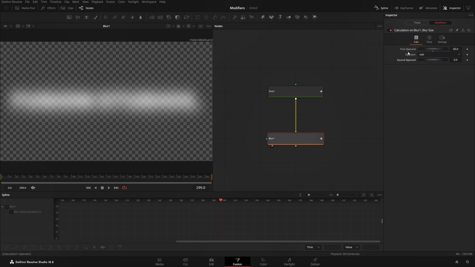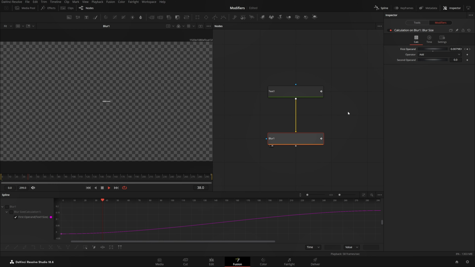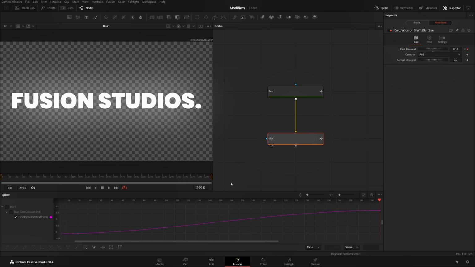But one thing which I will change is I'll click onto the right first operand, click connect to, text 1 and choose size. And now if I play from the beginning, you can see nothing is happening. Well, why? Because the first operand size of value is very low. So to change that, we'll click on to multiply, and in second operand we can do something like 10 or